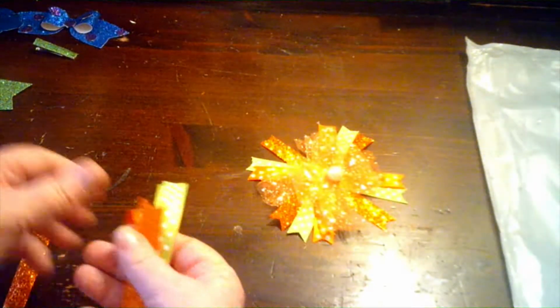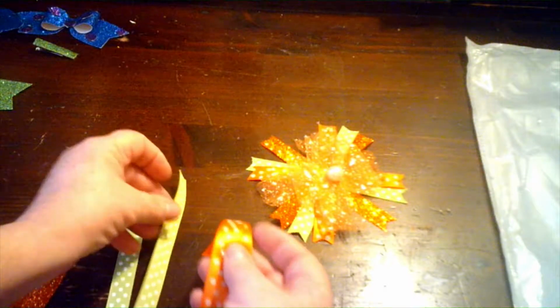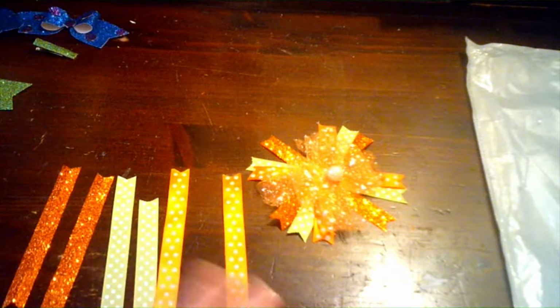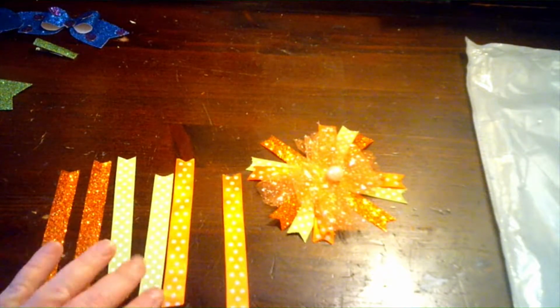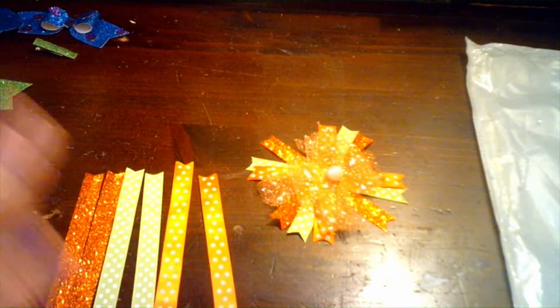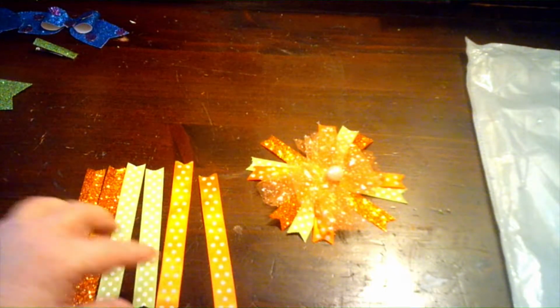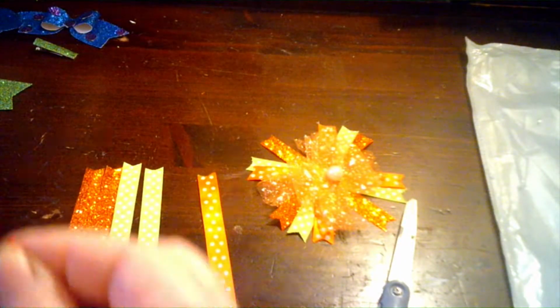So you're going to need to cut your ribbon within 5 inches total. So I cut 2 pieces of each of these, and you can have as many different kinds of ribbon to do this. It's just that this is what I had at home, and I'm a big fan of orange. So I figured orange and green, Halloween's coming, so I figured I'd do a tutorial on how to make some of these bows. So you're going to cut them 5 inches, then you're going to fold your ribbon in half,